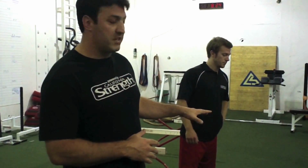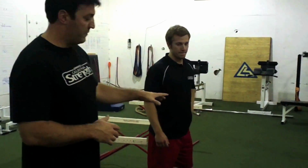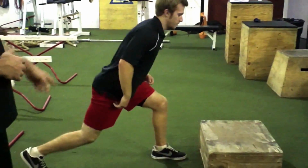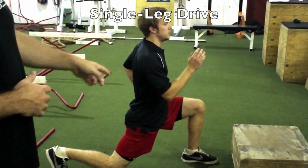Another plyometric exercise that we use from a unilateral standpoint, so emphasizing a single leg, would be something I call a single leg drive. Approaching the box, front knee working at about a 90-degree angle,